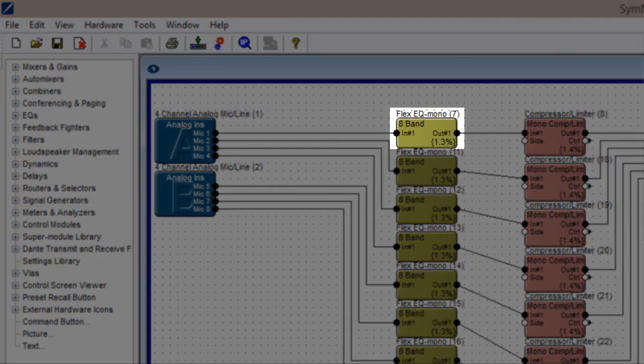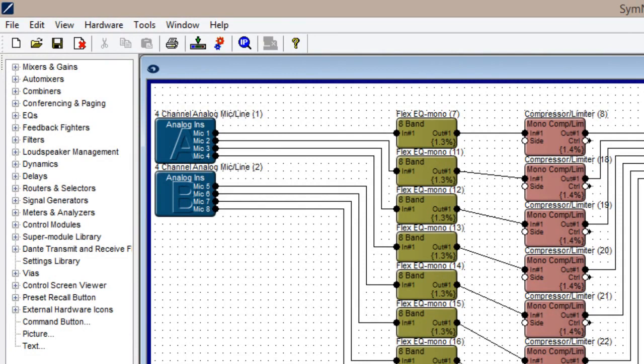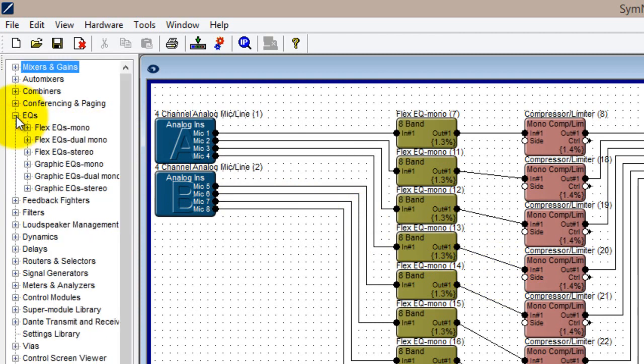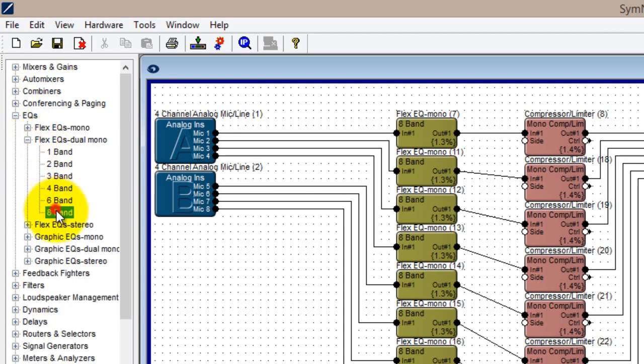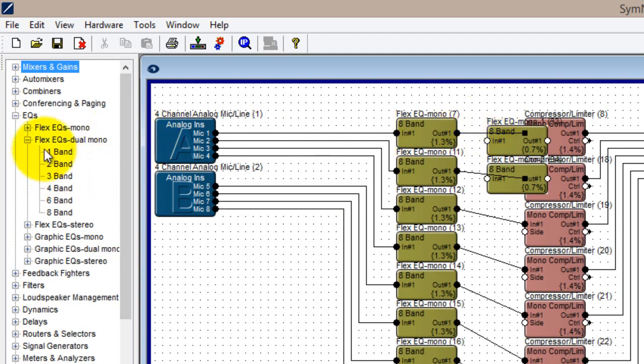Let's take a look at the first module in our microphone signal processing chain, the 8-band parametric EQ. Notice the DSP usage shown in brackets for this module, 1.3%. If I go back to the toolkit, we'll find that under the same EQ menu where I found the mono parametric, I can also select a stereo or dual mono EQ version. I'm going to drop both a dual mono and a stereo version of the same 8-band EQ onto this design